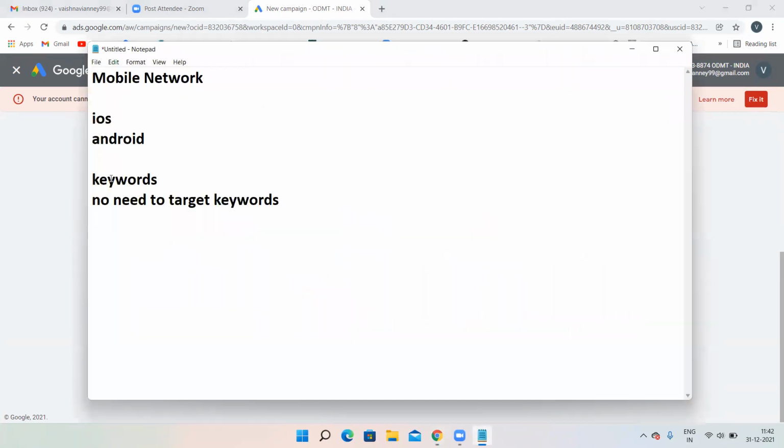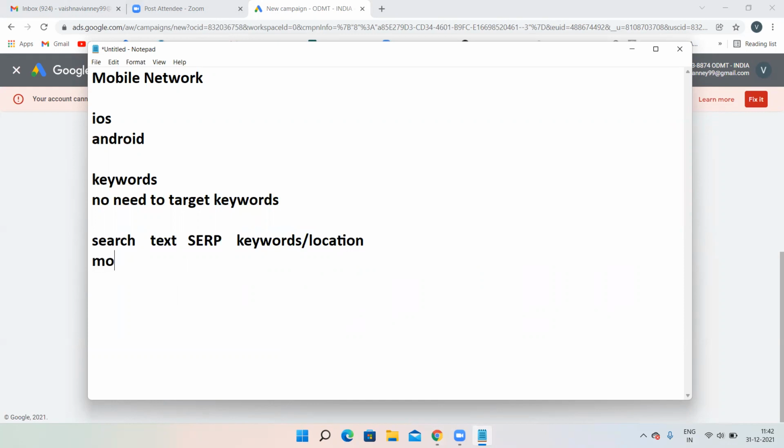If you remember search network, what was happening? Search network type is text. And our search network ads are going to appear on SERP. The type is text and they are going to appear on SERP. And how you are targeting? With the help of keywords you are targeting, and with the help of location also you are targeting.